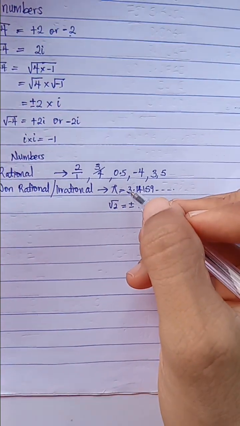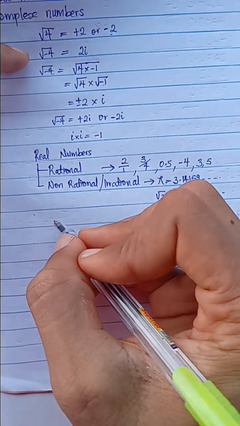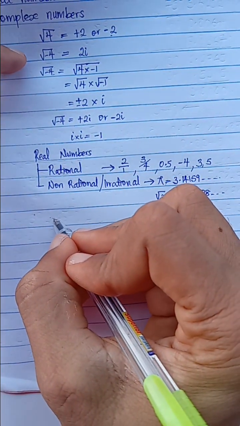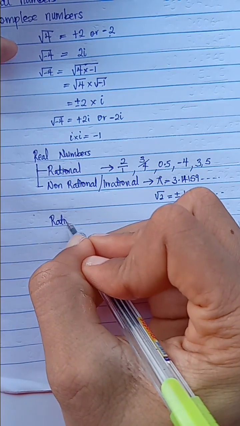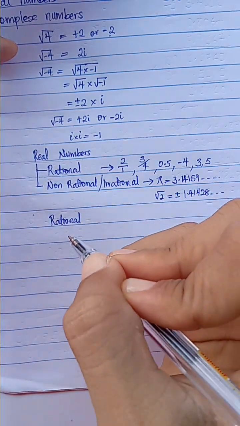Now focusing on rational numbers, when we talk about rational numbers, these rational numbers